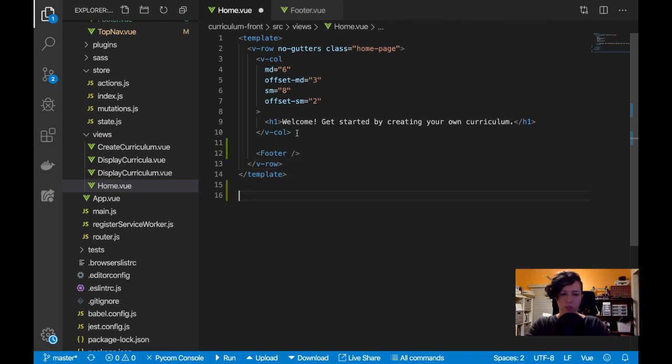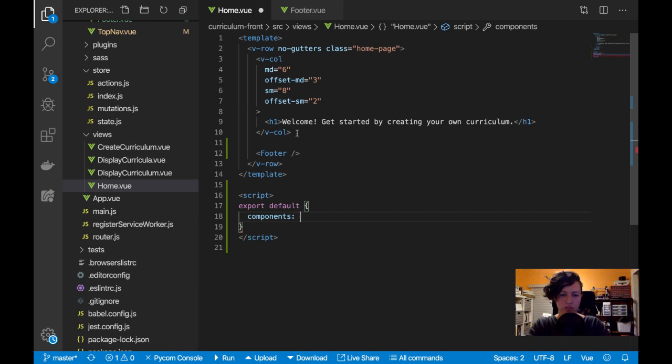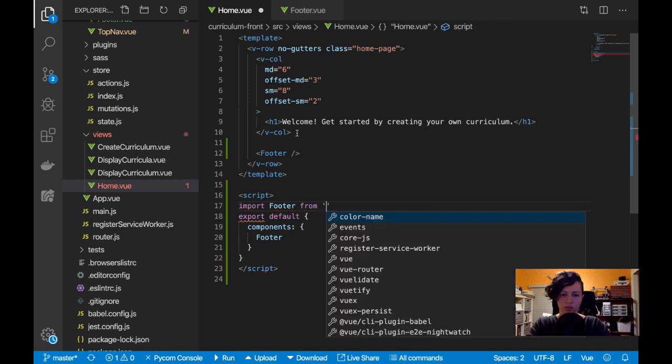So here I'll put a script tag. And then yeah, I need to import the component. So let me register it first, and I'll say footer, and then I need to import it. So import footer from